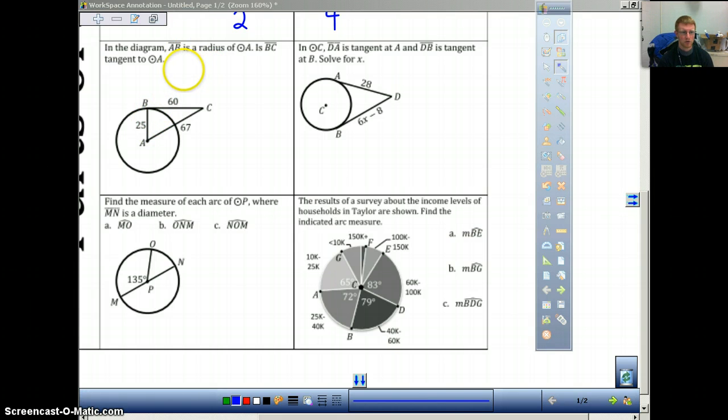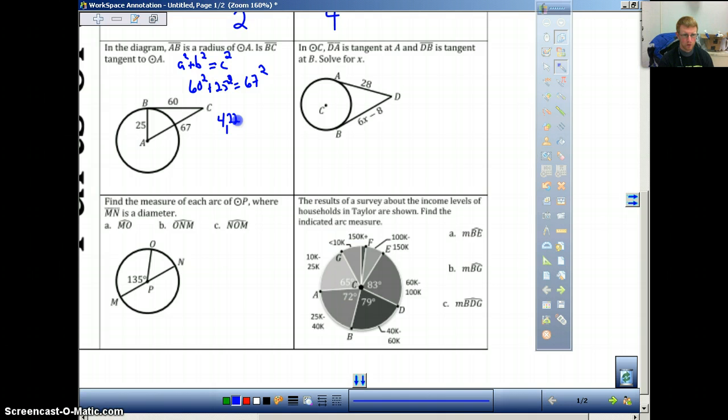So the Pythagorean theorem, recall, is a squared plus b squared equals c squared. So what we're going to do is we're going to test that theory. We're going to do 60 squared plus 25 squared equals 67 squared. And all we're going to do is check to see whether that works or not. Okay? So that means we get 60 squared plus 25 squared is